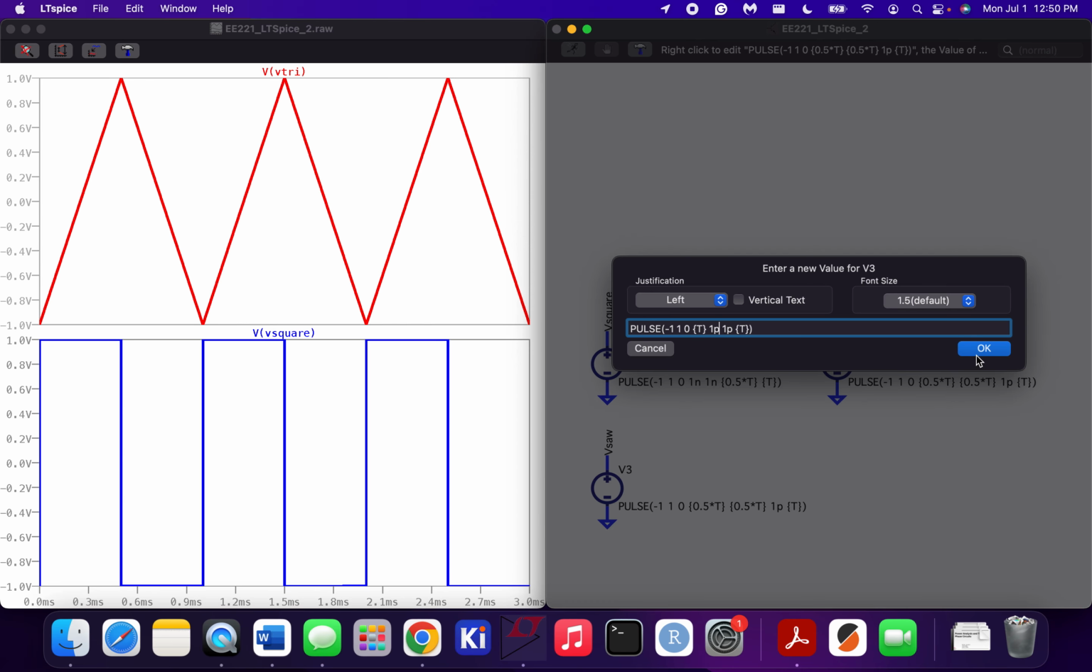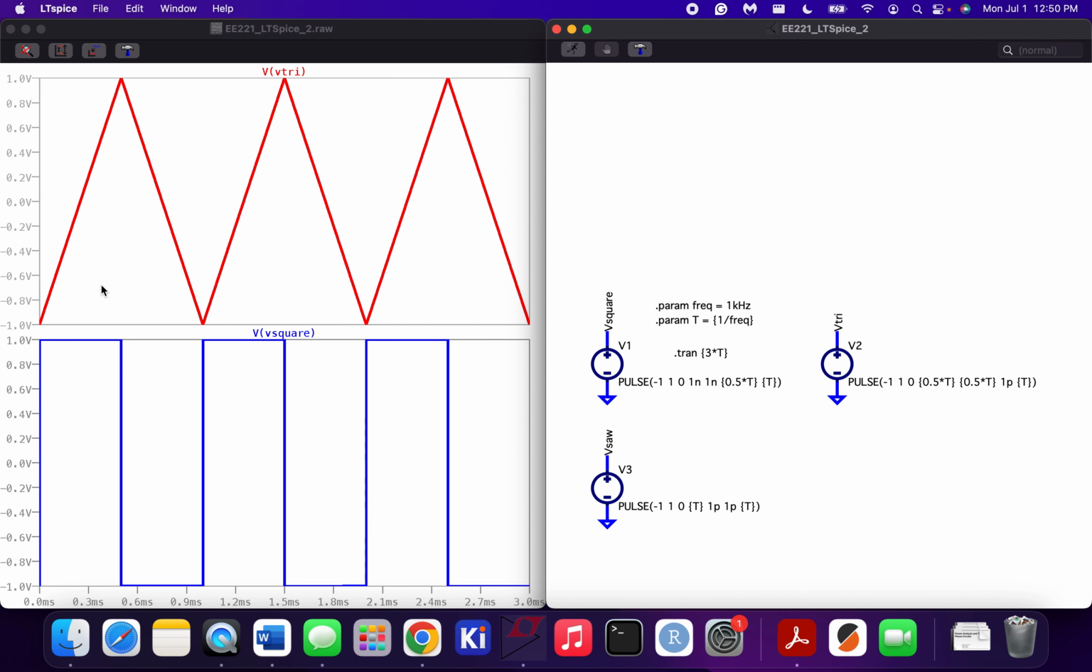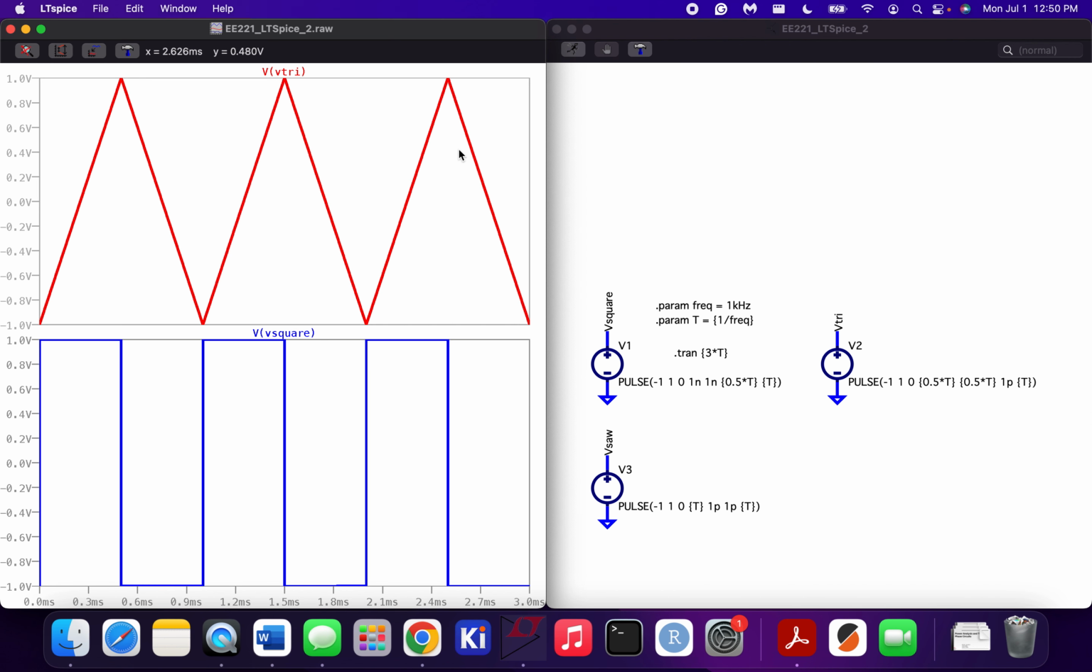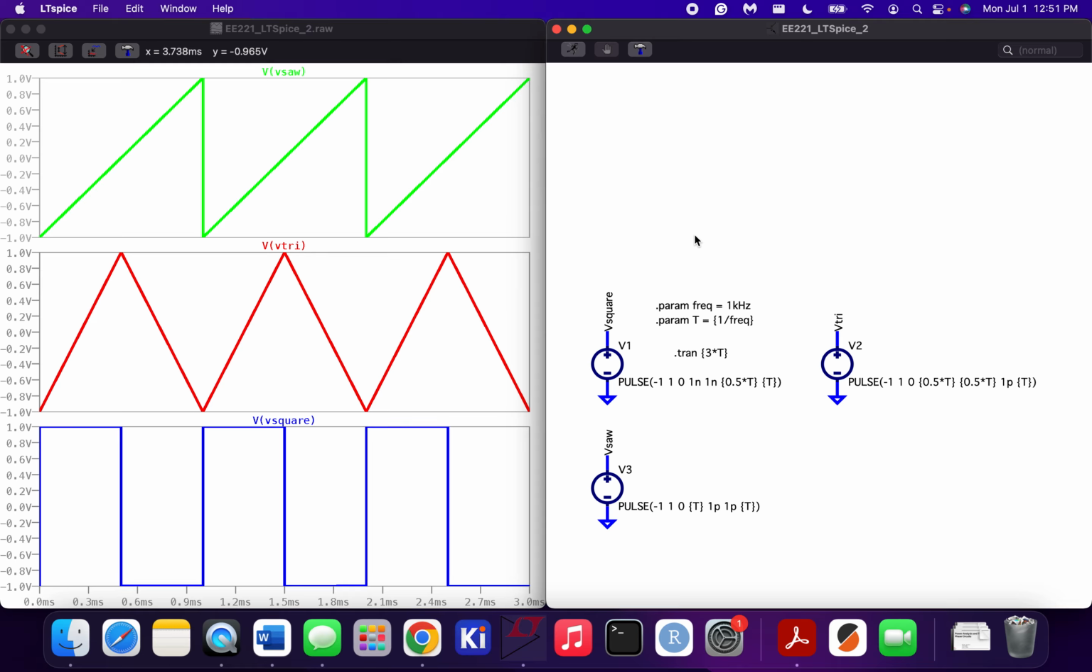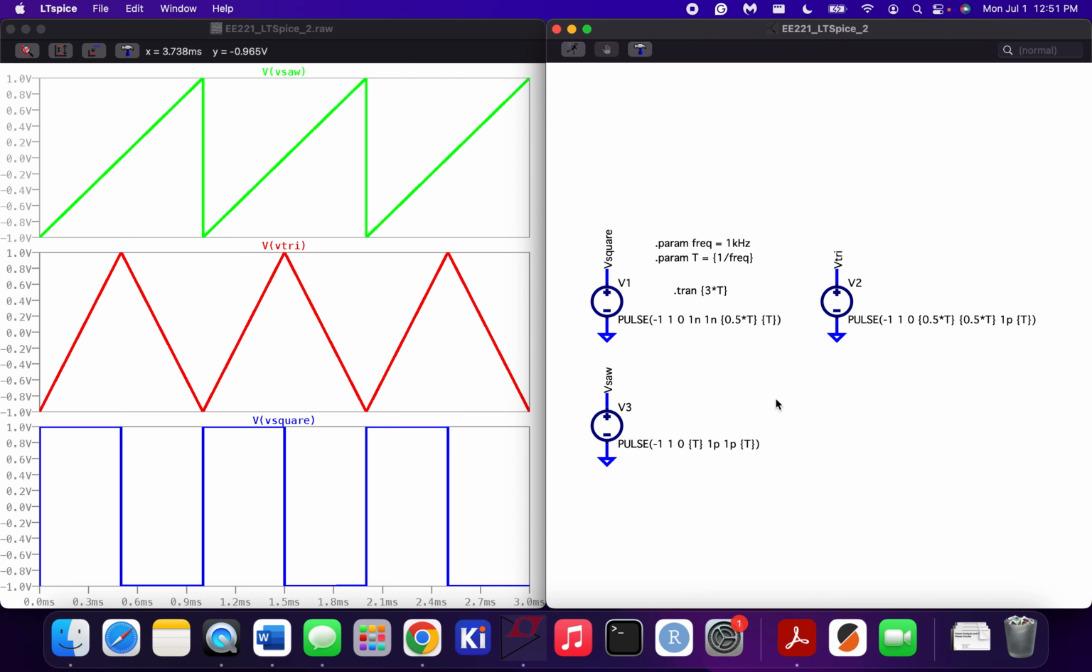And so now what it's going to do is it's basically going to ramp up in the entire time it takes for a period, and it's just going to sharply decrease back down and do that again. So let's go ahead and run it, see what my sawtooth looks like. We'll add a plot pane here, look at our sawtooth, and there it is. Okay, so we've created a sawtooth wave, a triangle wave, and a square wave, all using the pulse sources in LTspice. And I think it's really nice to use these parameters for